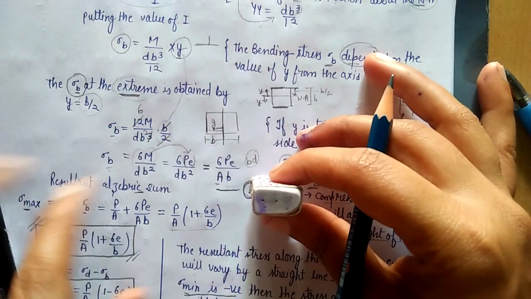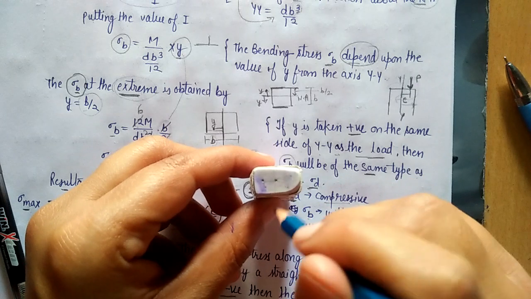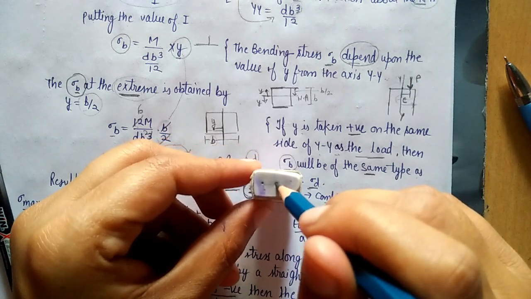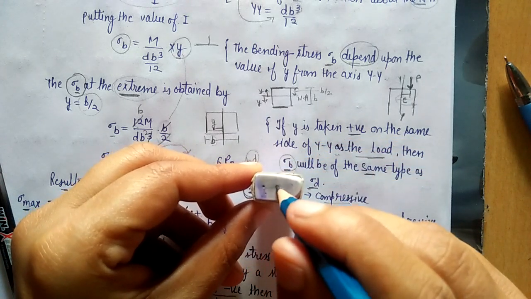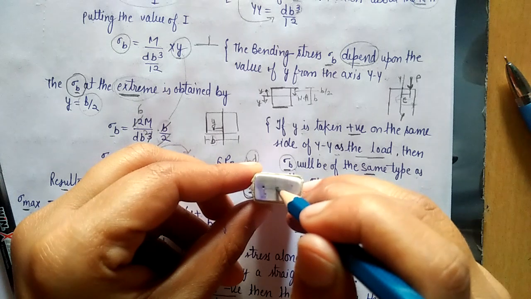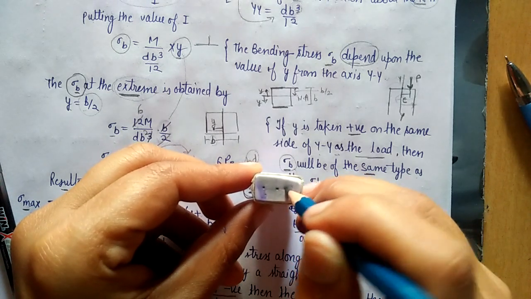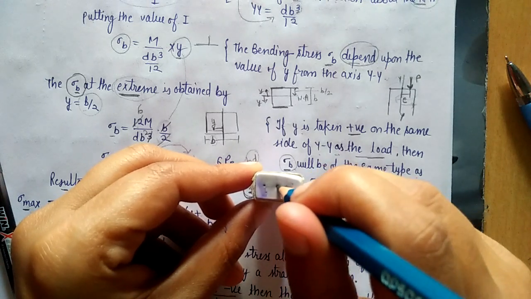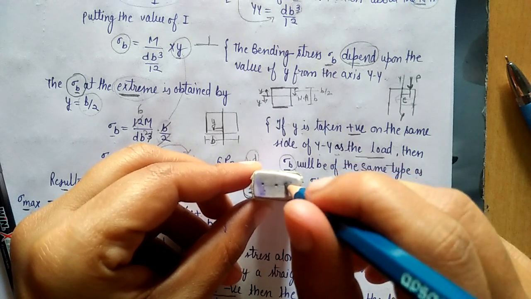So if we apply the load at this point, suppose this is the axis of the column, assume it. If we apply load here, that means it is a centric load, no eccentricity. If we shift this load some distance from here, it now becomes an eccentric load. Okay, this is the axis of the column and we applied load here. That means the load is eccentric.